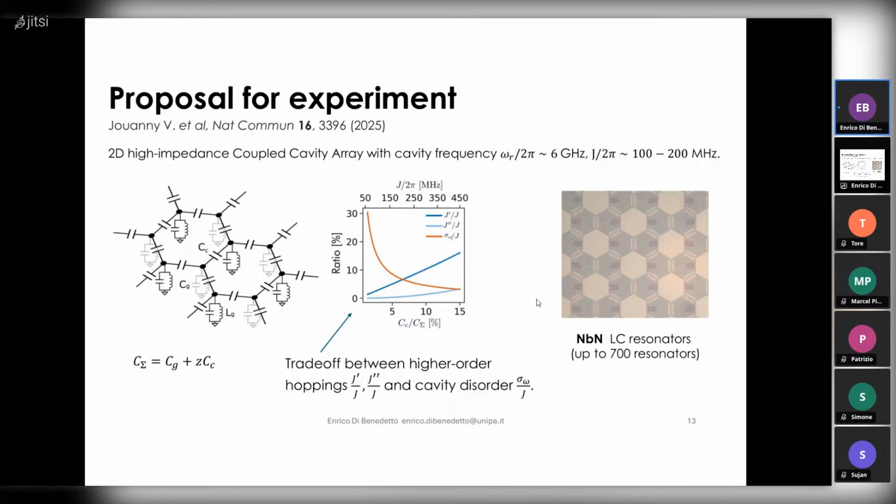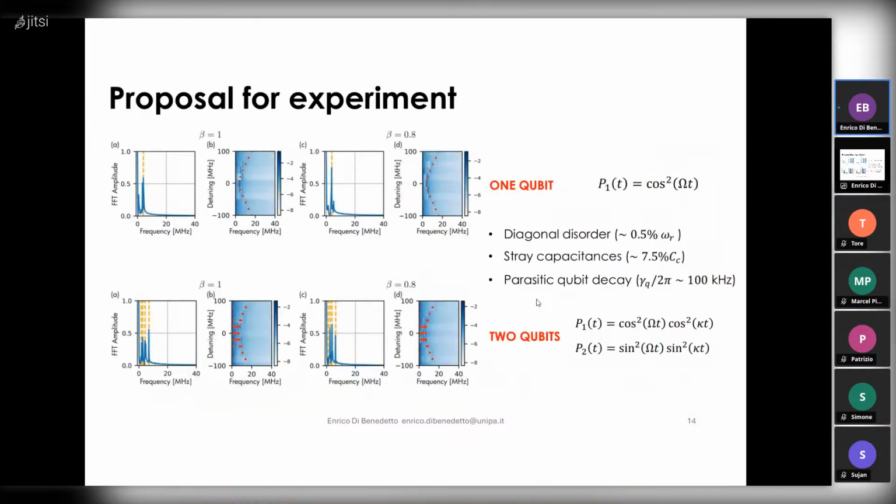And we propose to use this kind of technology to produce a setup in which we can print out this polygon geometry with up to 700 resonators. I think they already realized this kind of setup and they are trying to measure it. It seems from our simulations of the devices, with all kinds of disorder that you might have in these devices, for instance disorder in the resonant frequencies of the cavities, stray capacitances coupling sites that you don't want to couple, or some parasitic qubit decay,